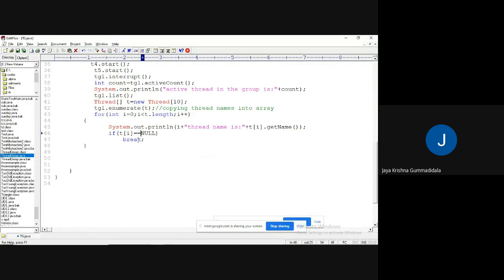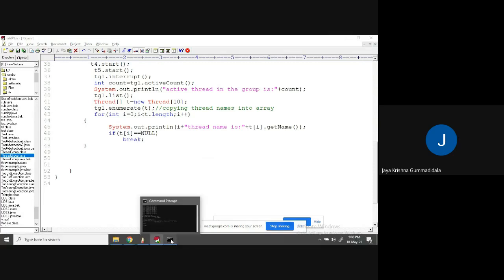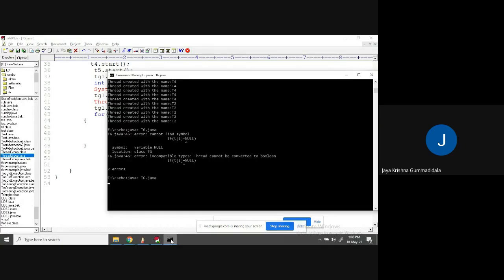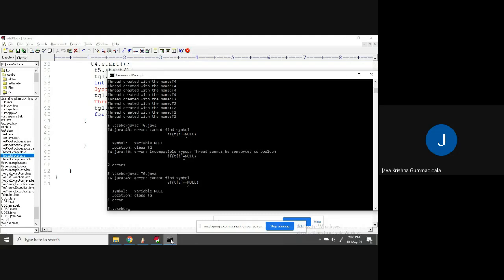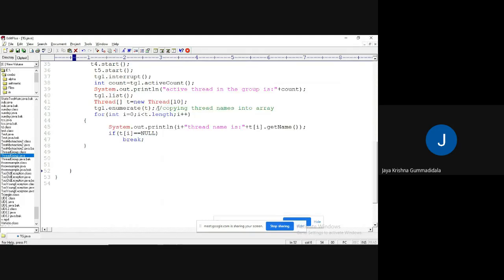T of i, right? T of i contains what data? A thread reference. Now also I think you will get the same error. Okay, this error you can rectify now. Here you are getting it because of a reference error.